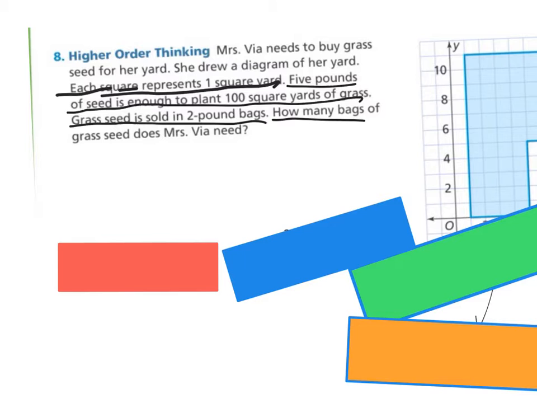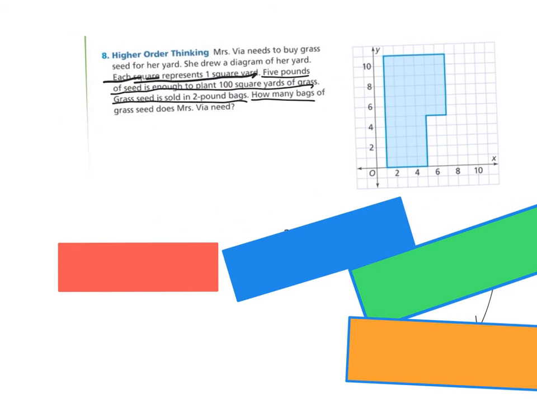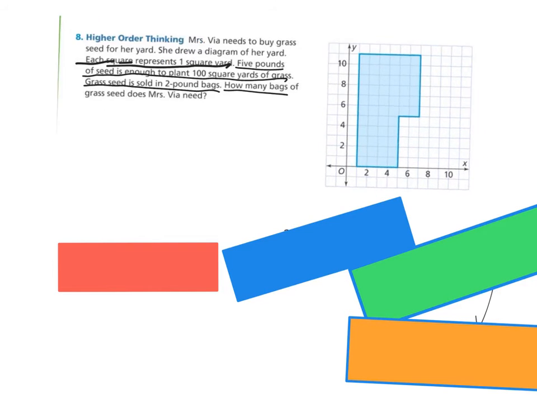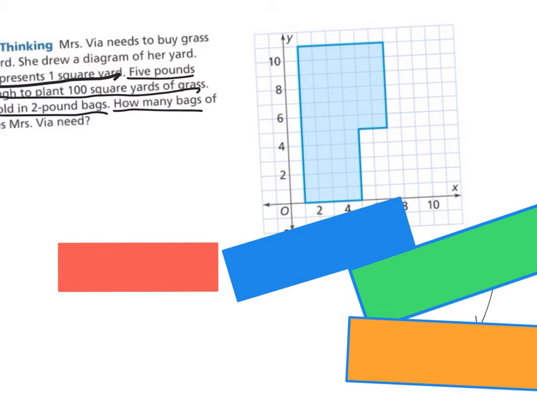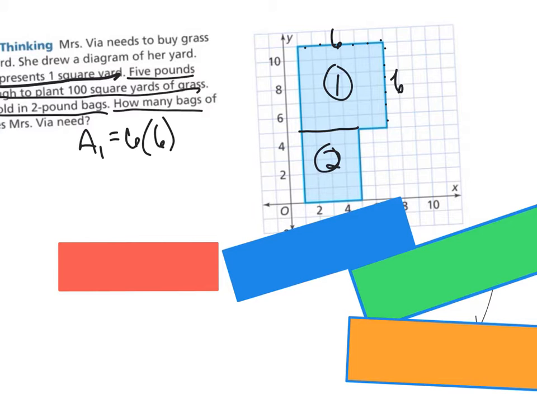So first thing is going to be splitting up the picture into different pieces. So the first thing, if we split this horizontally, we can split this up into 2 rectangles, or potentially a square and a rectangle. So for our first one, if we count our squares, 1, 2, 3, 4, 5, 6. 1, 2, 3, 4, 5, 6. So it is indeed a square. So we multiply 6 times 6 is 36